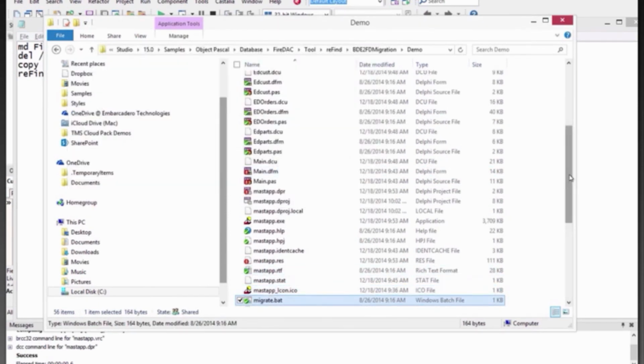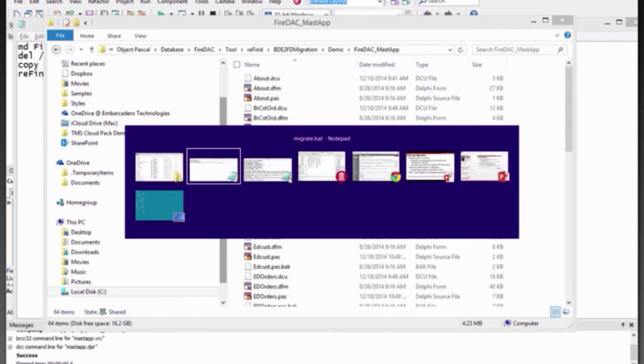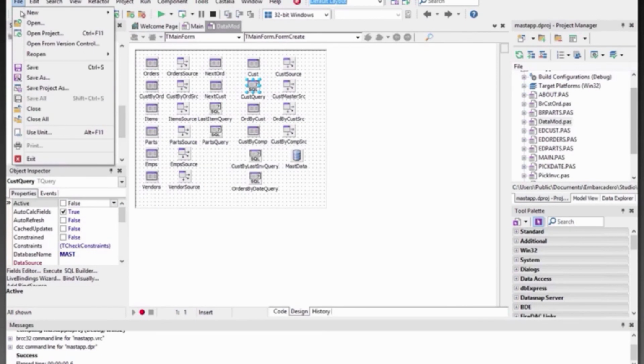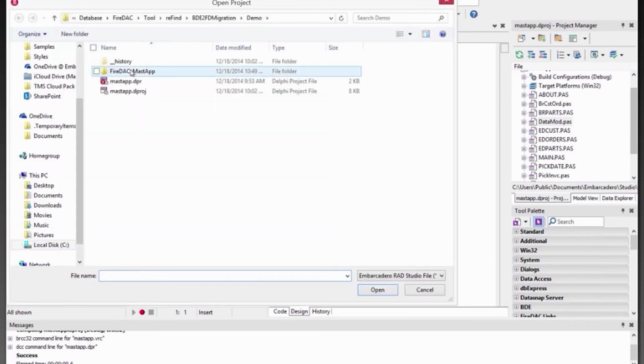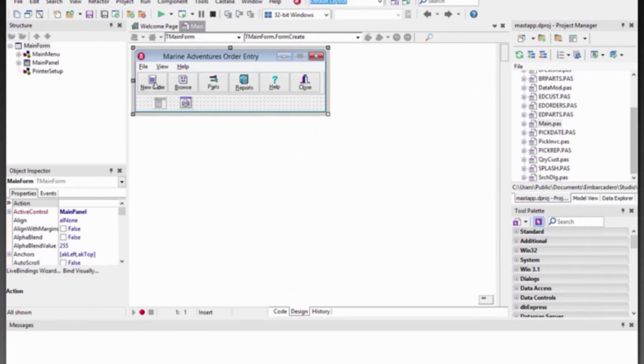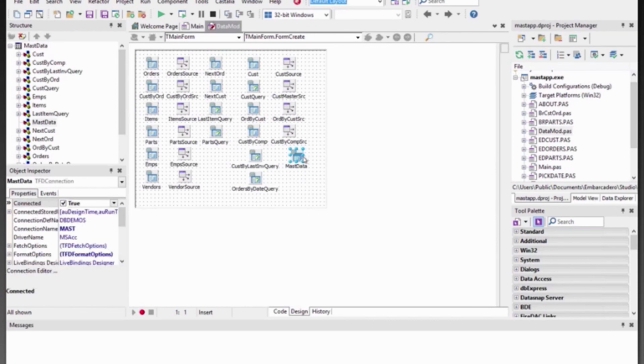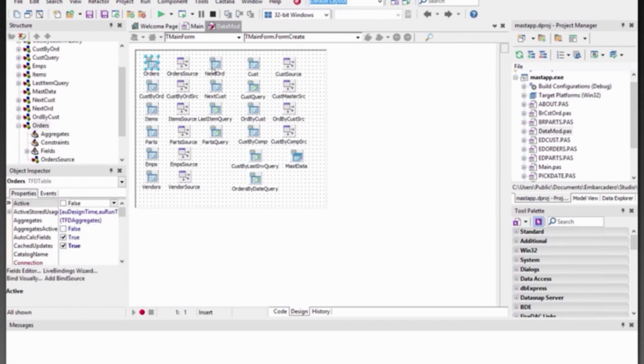And then finally over on, we have the DFMs with FireDAC in it. So let's just say open project. Let's go to the FireDAC master app, open this one. And now we've got the same application user interface. And again, in the data module, we've got an FD connection component. We've got a TFDTable, TFDQuery, FDQueries, and so on. So that's how easy it is to take your forms and your source code and convert it into a FireDAC